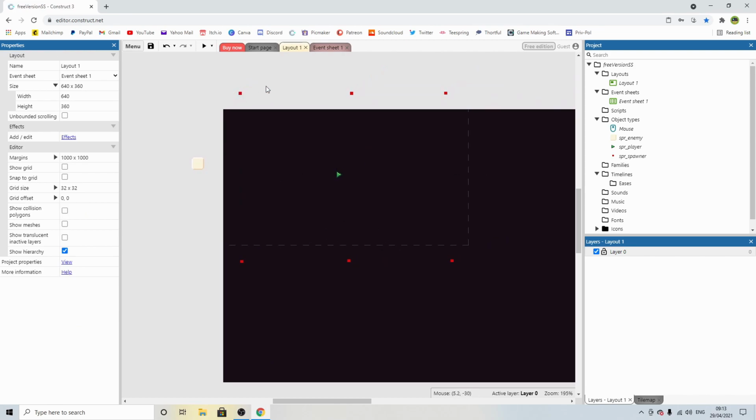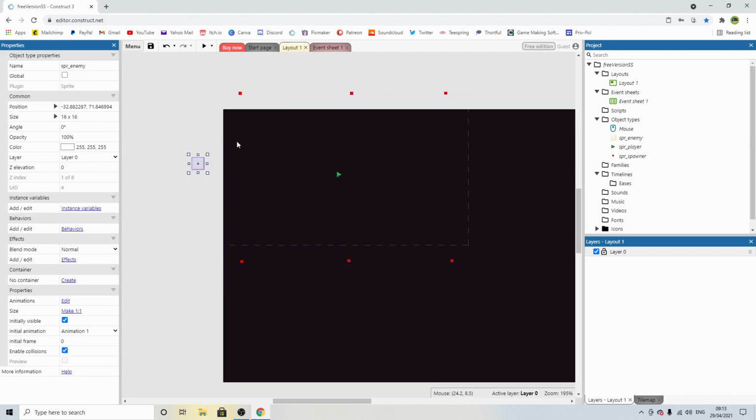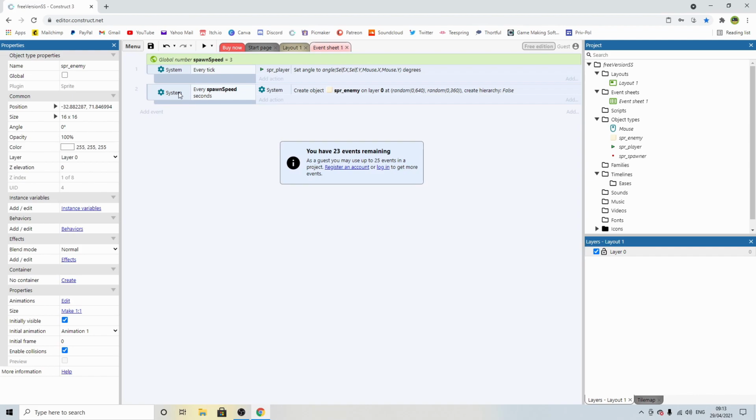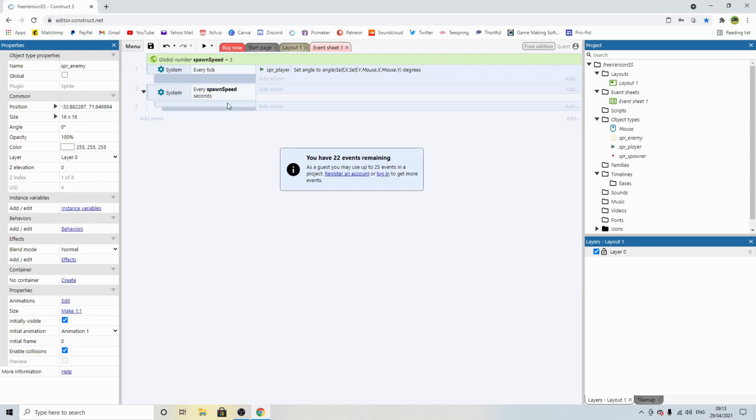So now, what we're going to tell the system to do is every spawn speed seconds, we're going to pick one of these, and we're going to spawn in one of these. And the way we're going to do that is in the event sheet. So we need to create our first sub-event. So select the whole row and push B on the keyboard for a blank sub-event. We can delete this. So what we're saying now effectively in this line is every spawn speed seconds, and then underneath here